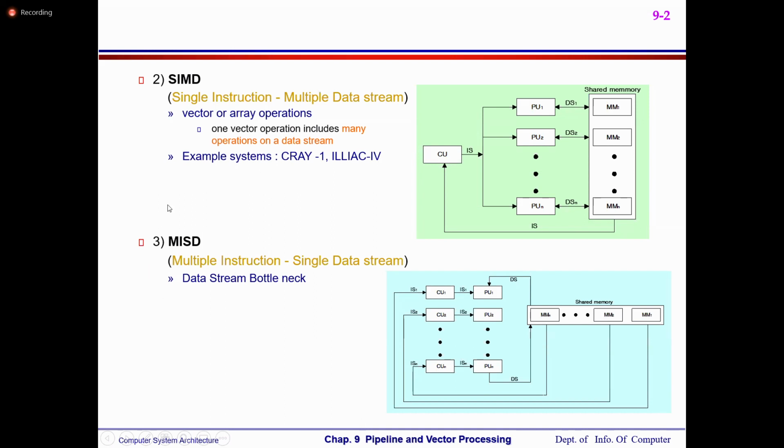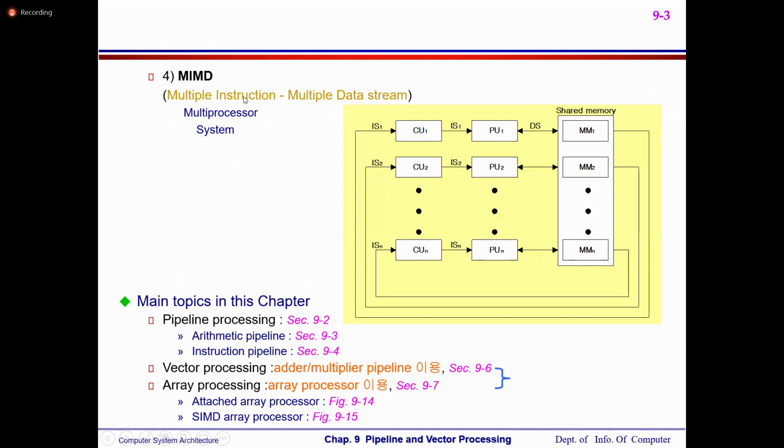In general, we will not use these computers. Then the last one, MIMD. Here all processors get different instructions at the same time and operate on different sets of data, taking the data from a particular memory. So processor unit 1 gets instruction 1 from memory 1, processor unit 2 gets instruction 2 from memory 2, like that.